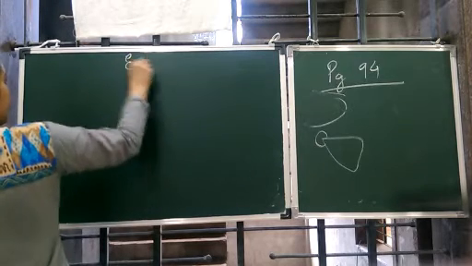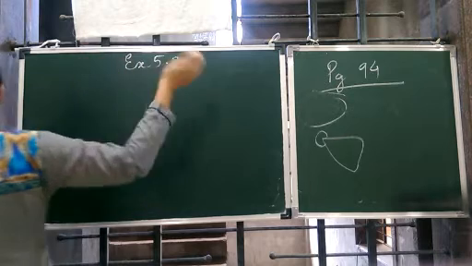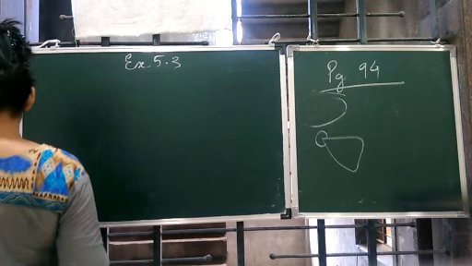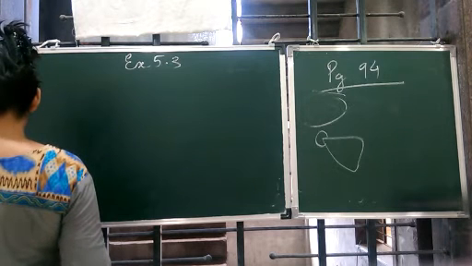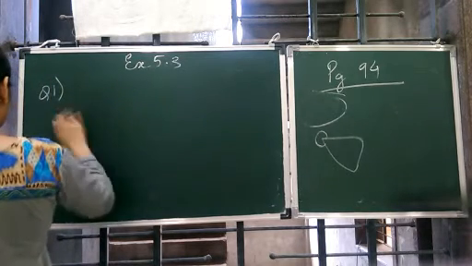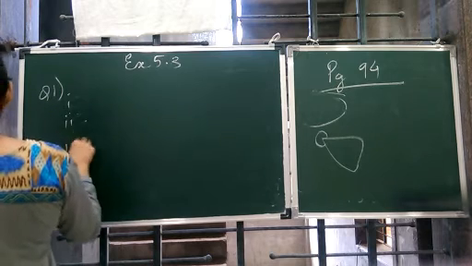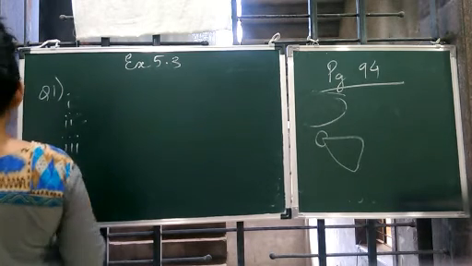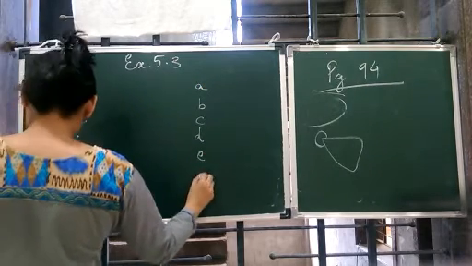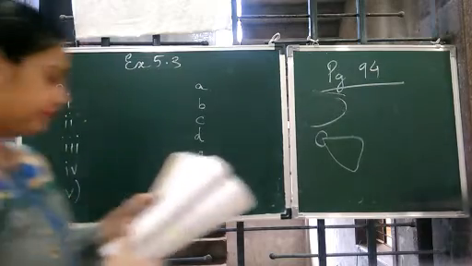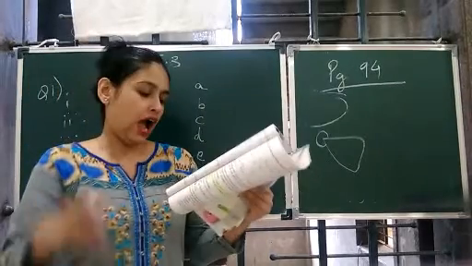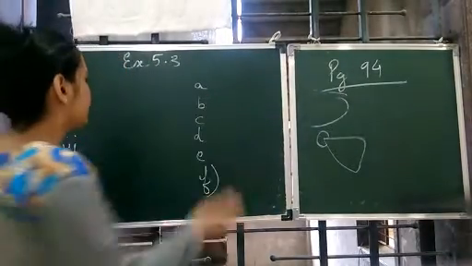So exercise 5.3, and question number 2 also we can do in the book, no problem. Question number 1. So here 1, 2, 3, 4, 5 and here A, B, C, D, E, F. One option is extra here. Okay. Now first one is straight angle. Straight angle means how many revolution? Half revolution. Yes. So option C is written half revolution.